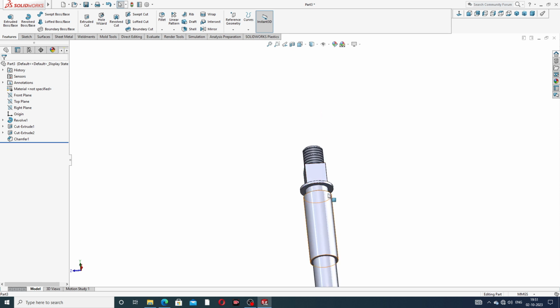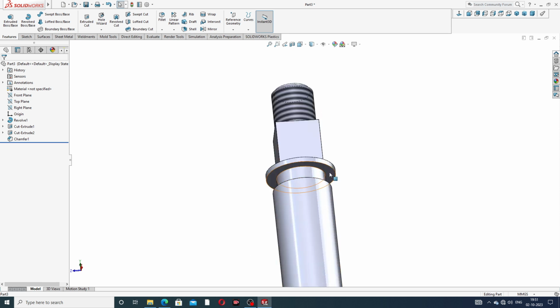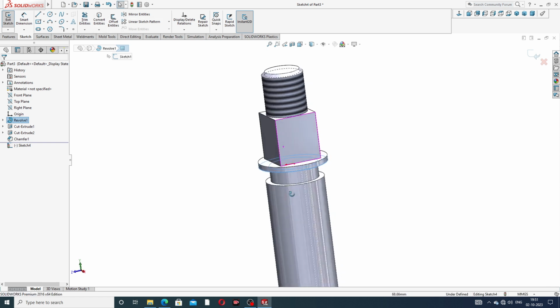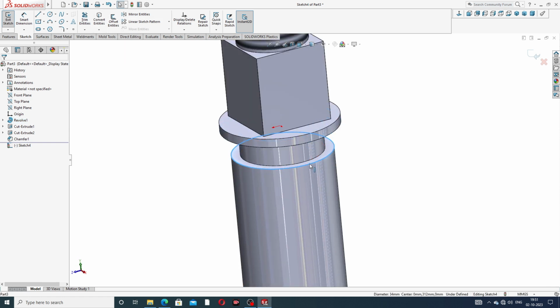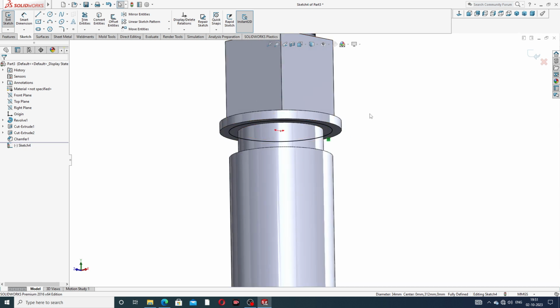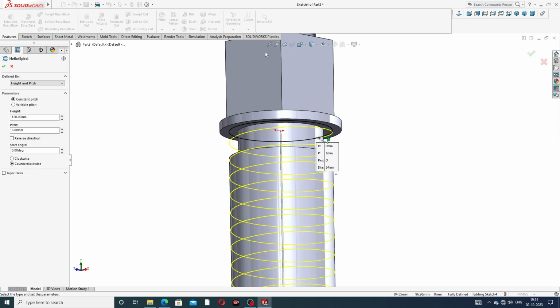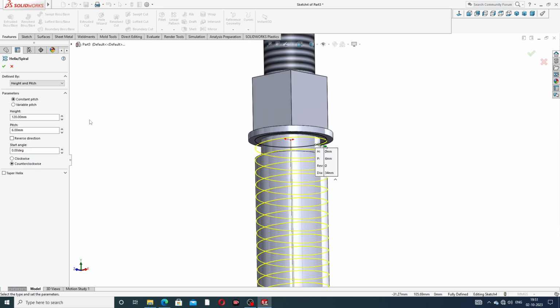Next is a use this real thread, and select this face sketch, this select this edge, and use a convert entities. Okay, and this is perfect and correct, and use this going to helix and spiral, and helix and spiral is a height and pitch is a selector.